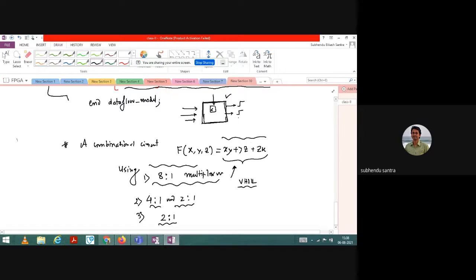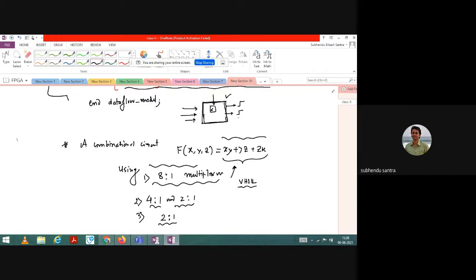How to solve? Anyone? Any idea? So using a multiplexer, we can use the table and do it, right? Okay. Today I will not ask. So maybe in the next class I will ask. Okay. So please practice and solve it. The next class I will see whether you are able to do it. This is not an activity, don't take it as an activity. This is just an exercise. You please just solve it. Okay. And next class I will check whether you are able to do it or not.